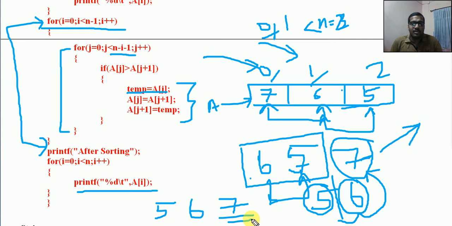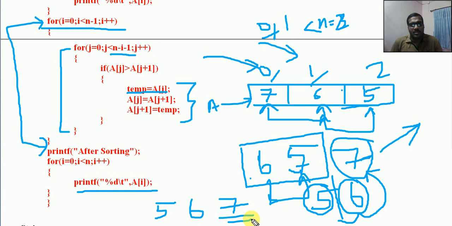Other sorting algorithms have their own advantages, but compared to those, this is the simplest and easiest one to study, to understand, and to execute. Ascending order sorting is an easier task.